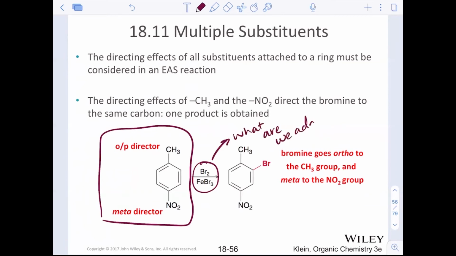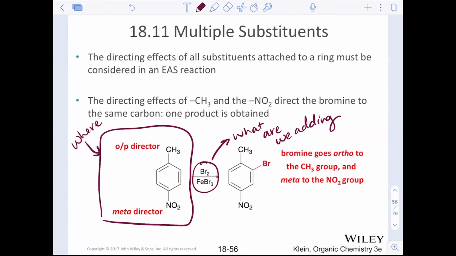What are we adding? The directing substituents tell us where we are adding. Okay, so do not confuse those two. Because bromine is over the reaction arrow, that does not mean anything about its directing capabilities. We are adding bromine, but it's the methyl and the nitro group that tell us where we are putting that